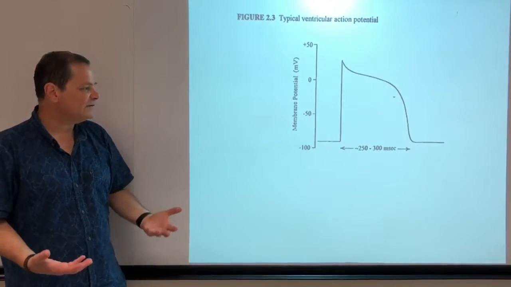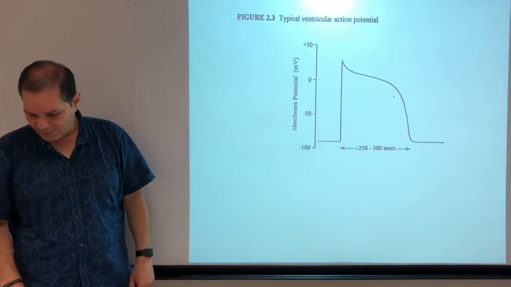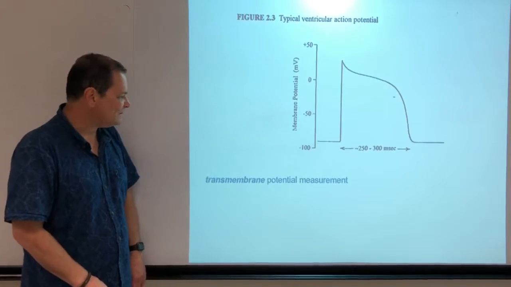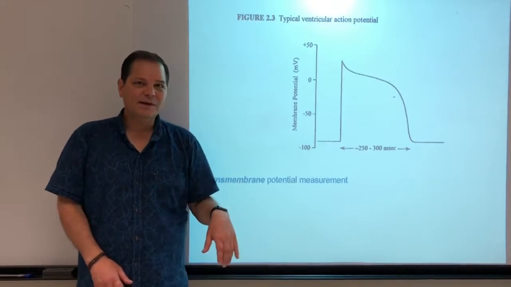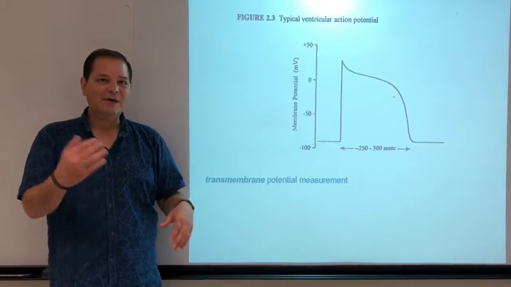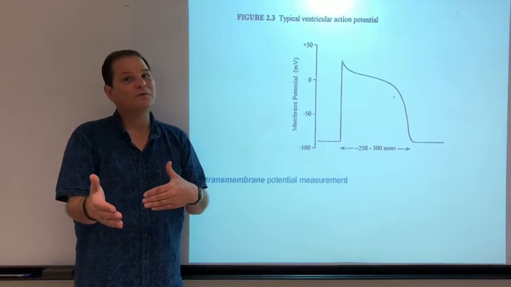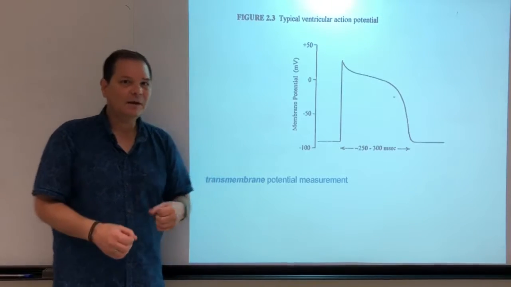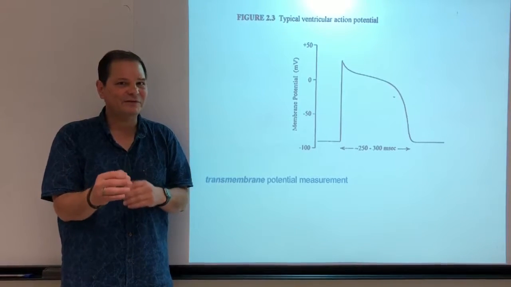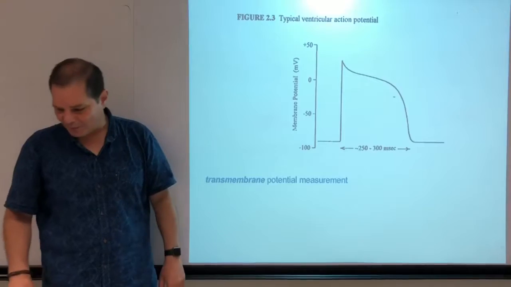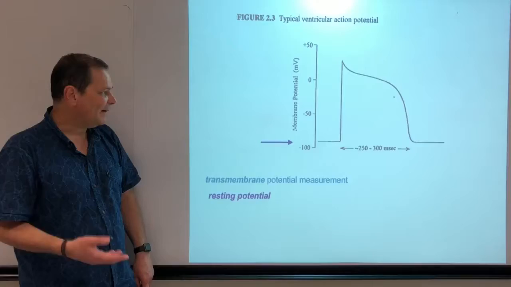So this is a typical ventricular action potential, which is going to propagate from cell to cell through the heart. And what we mean by an action potential, this is a transmembrane potential measurement. Typically, it is the voltage inside the cell relative to the voltage outside the cell. Okay? So those voltages are different because the ion concentrations are very, very slightly different on the different sides of the membrane. So we have a resting potential in a myocyte of about minus 90